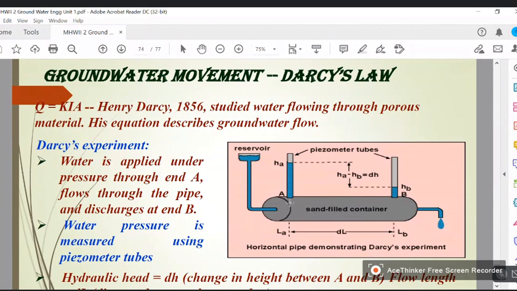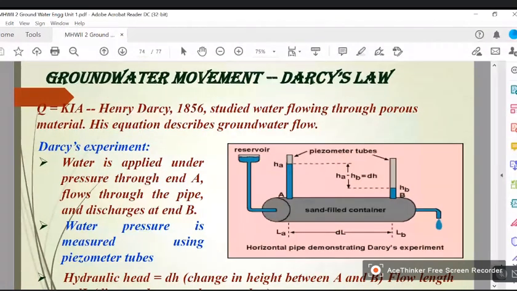Here and here two piezometric tubes are introduced, just similar to what I have shown earlier, right? So he considered a horizontal pipe and filled it with sand. Instead of it, it can be tilted also. Now, this difference, HA minus HB, is DH, and this distance is DL. So according to him, he found that